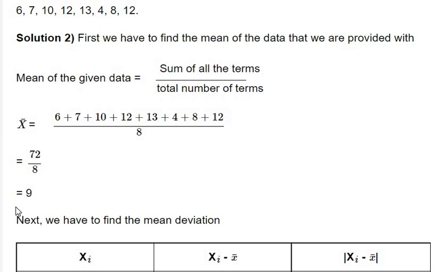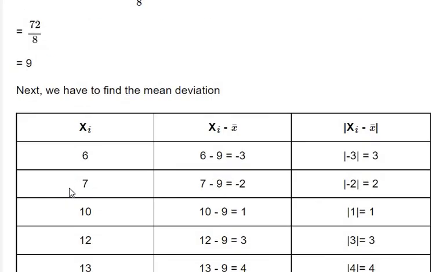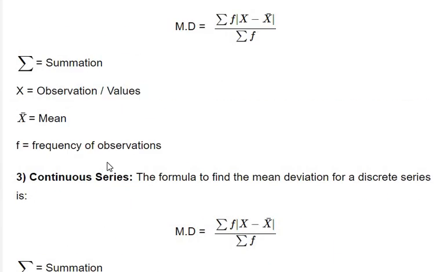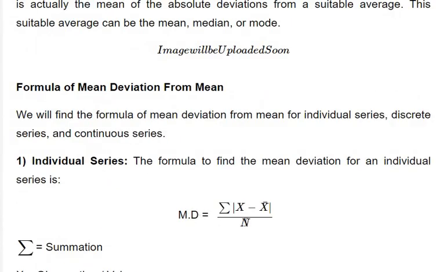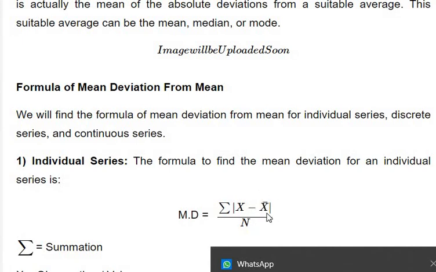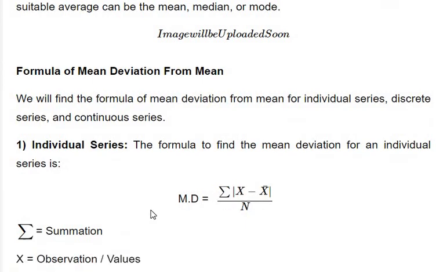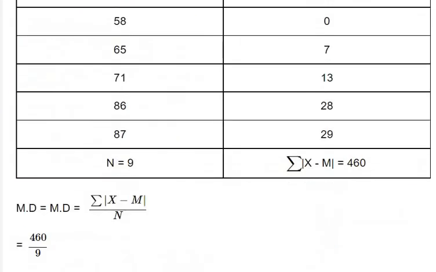So we got the average or mean. We get the mean by adding the values and dividing by the number of values. Now what we have to do is find x minus x bar. I told you in the beginning the formula is sigma x minus x bar by n. So we find out x bar. What is x bar? X bar is the average, which we find by sigma x by n. Now we want to find x minus x bar. How can we find it?